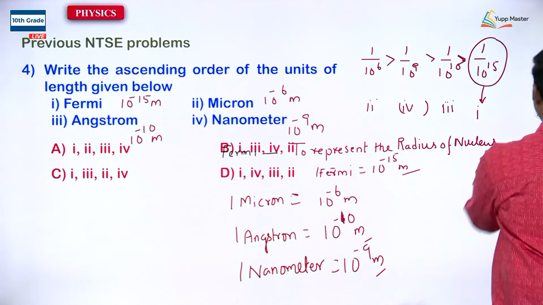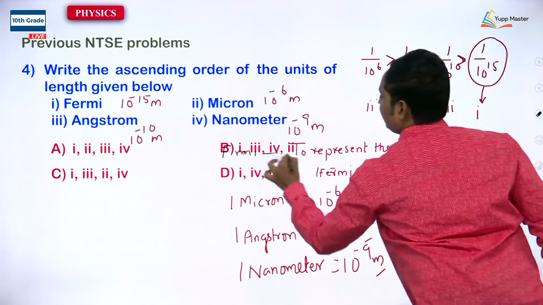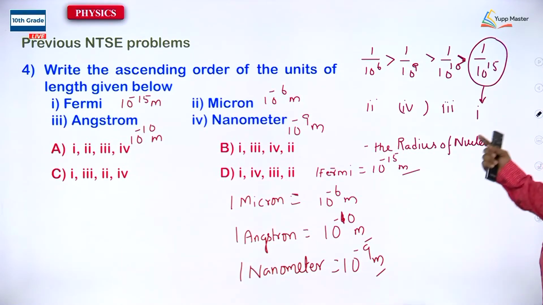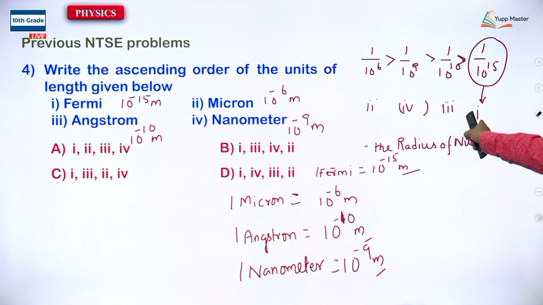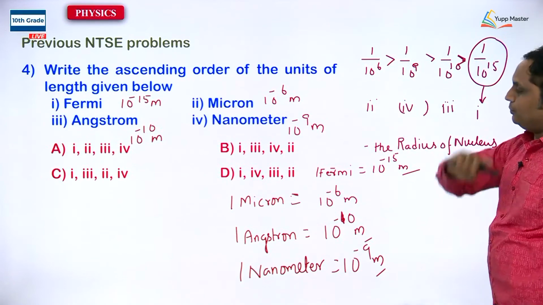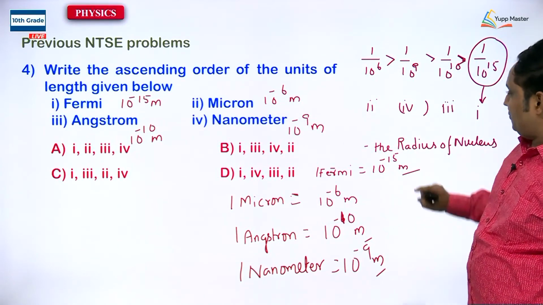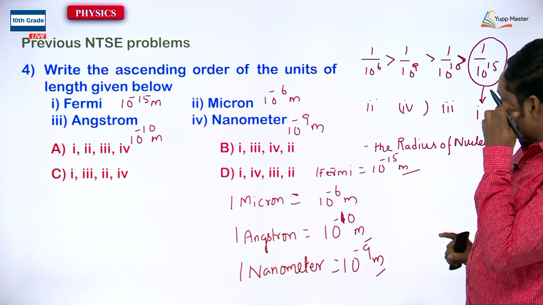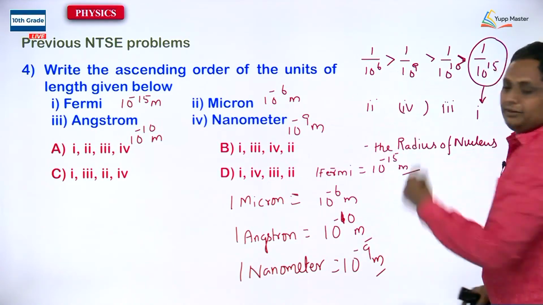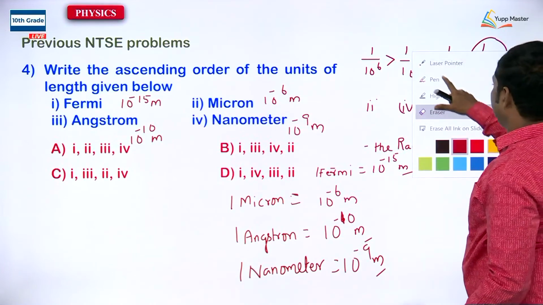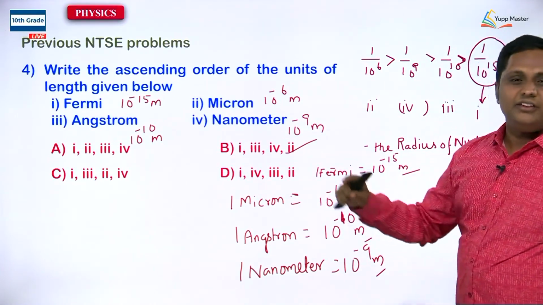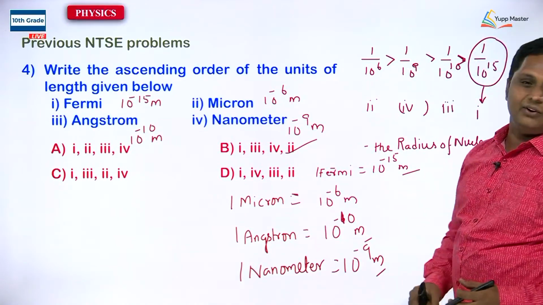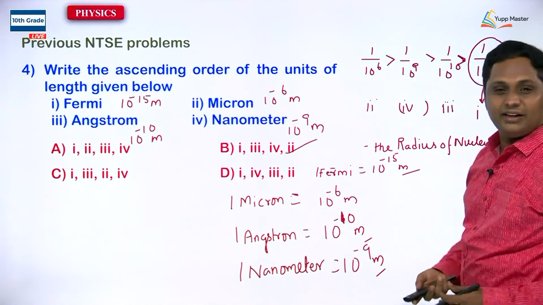Please erase this part. Yes, you can get this one: 1, 3, 4, 2. It is very clear. All right, this is the correct one. Easily you will find out this one. While they are asking these type of questions, you can take the complete values and you will get the ascending order.